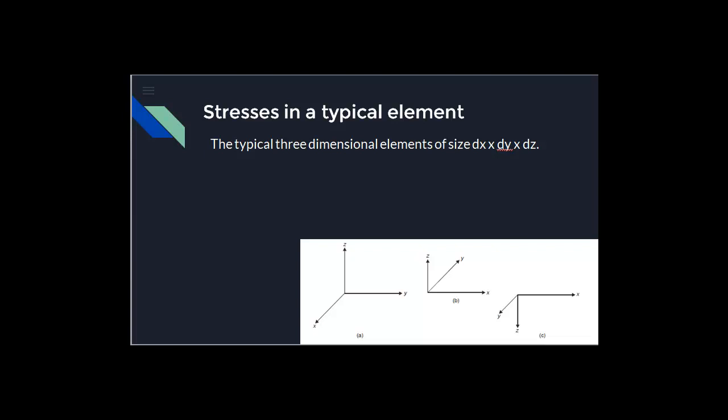Now let us imagine a 3-dimensional element. I request you to visualize a square cuboid which has equal length on all sides. And I also request you to look at the corner of the wall where you are sitting right now, and imagine those corners of the wall as the x-axis, y-axis and z-axis as shown in figure A. Figure B and figure C are different orientations of the coordinate system. Since I have asked you to imagine a square cuboid, let us assume the 3-dimensional element of a square cuboid with the size of dx, dy and dz.